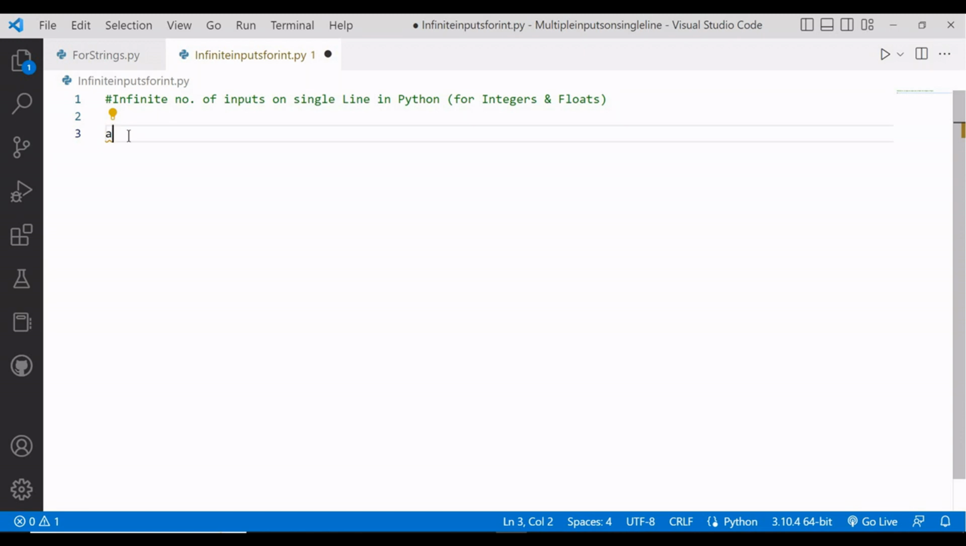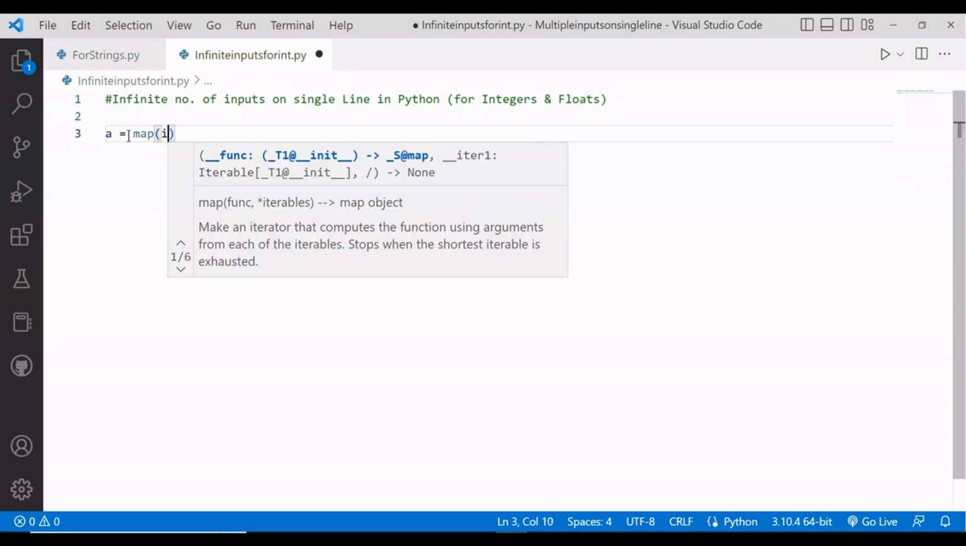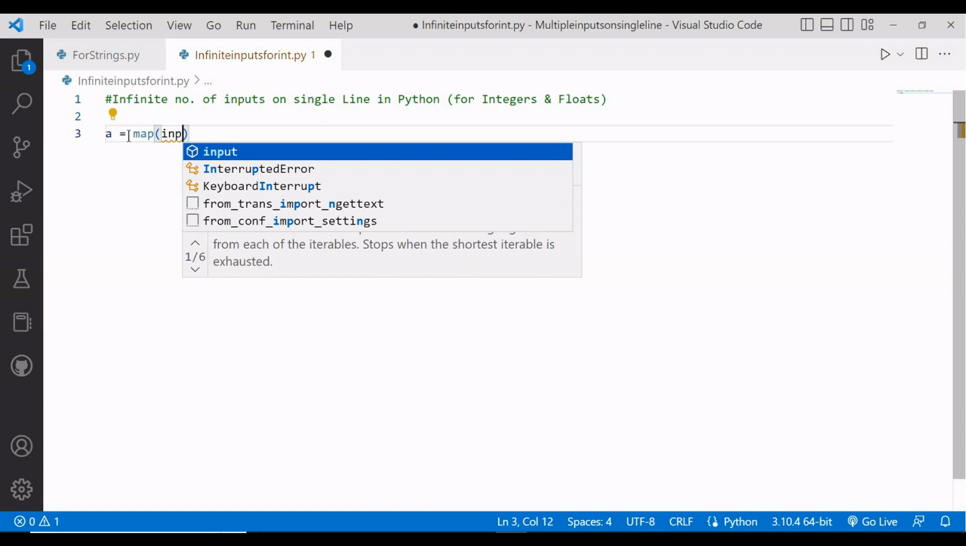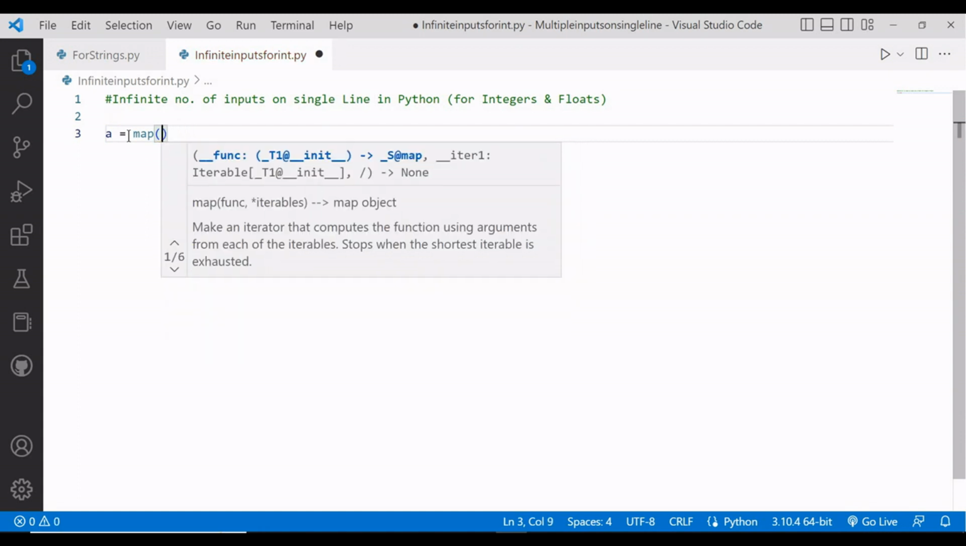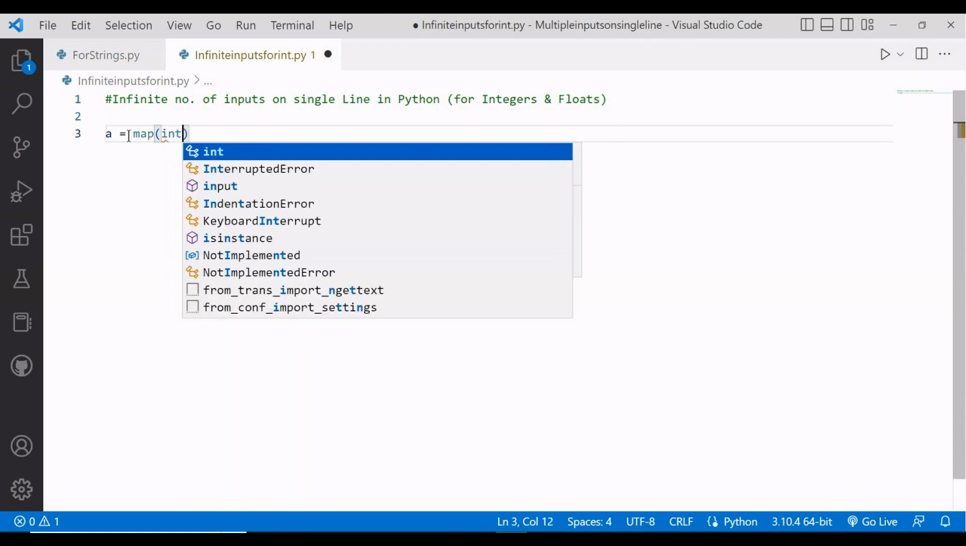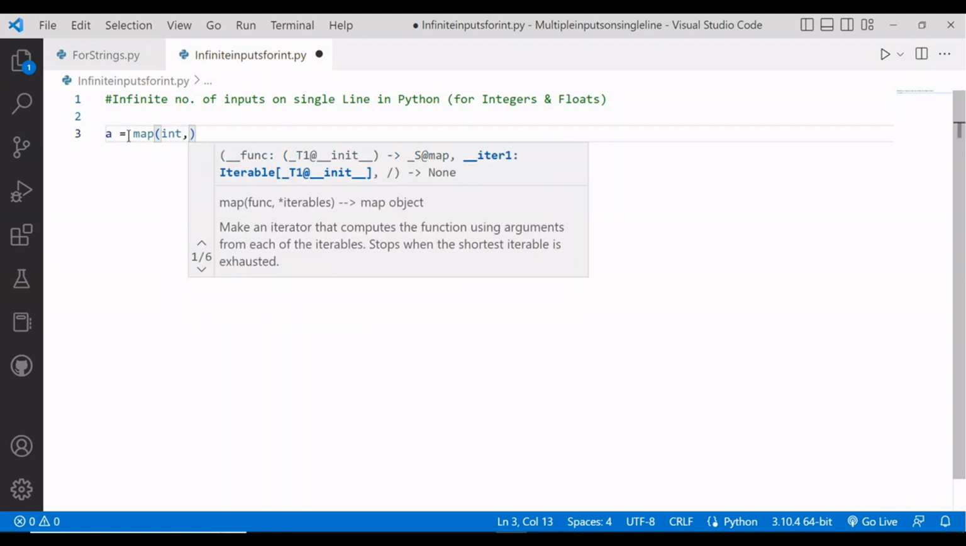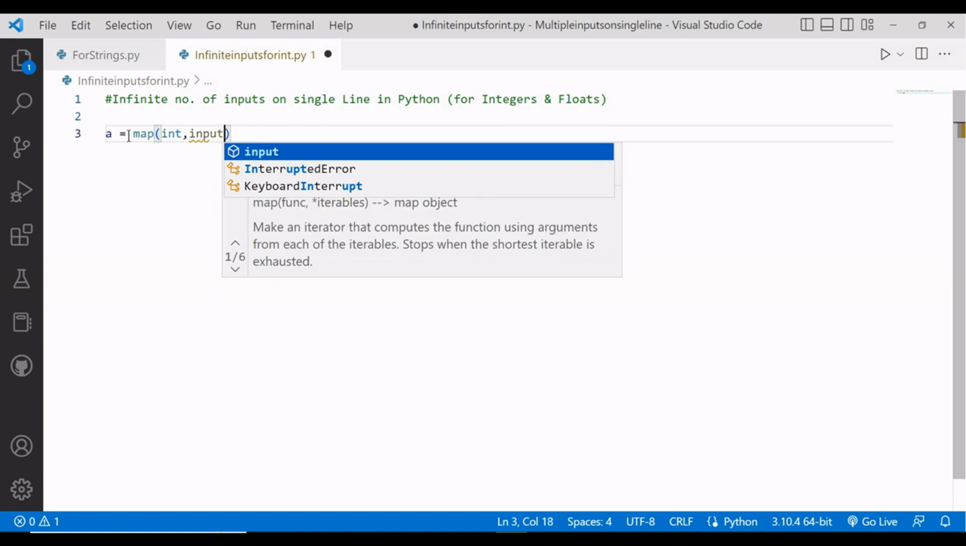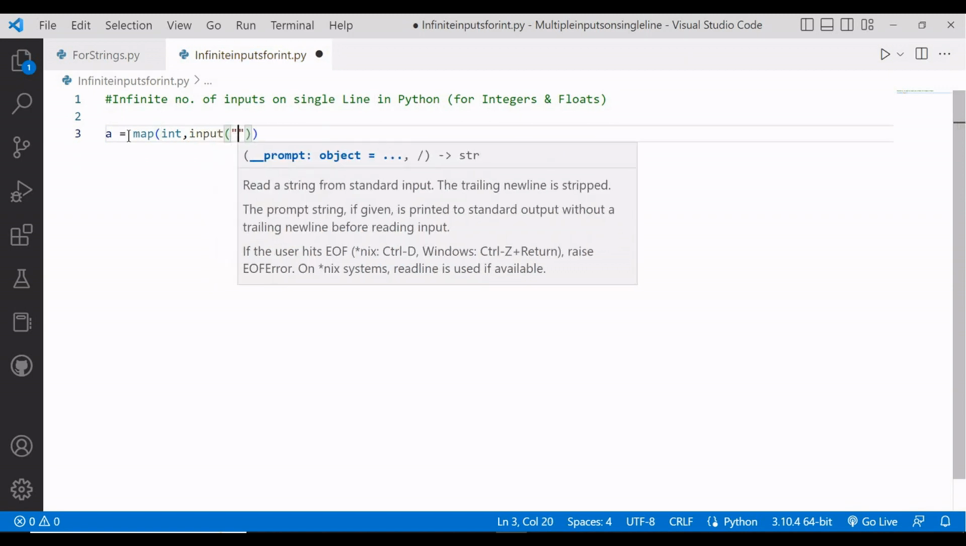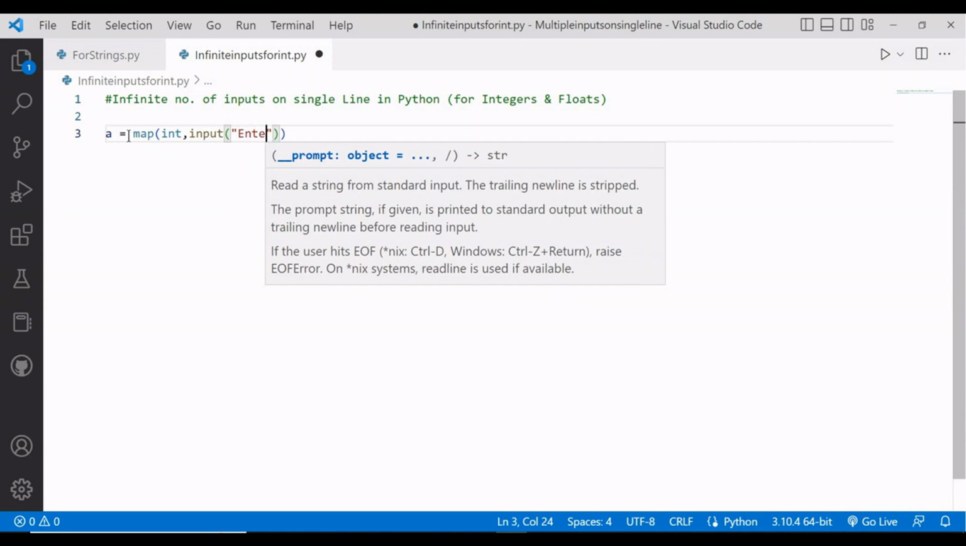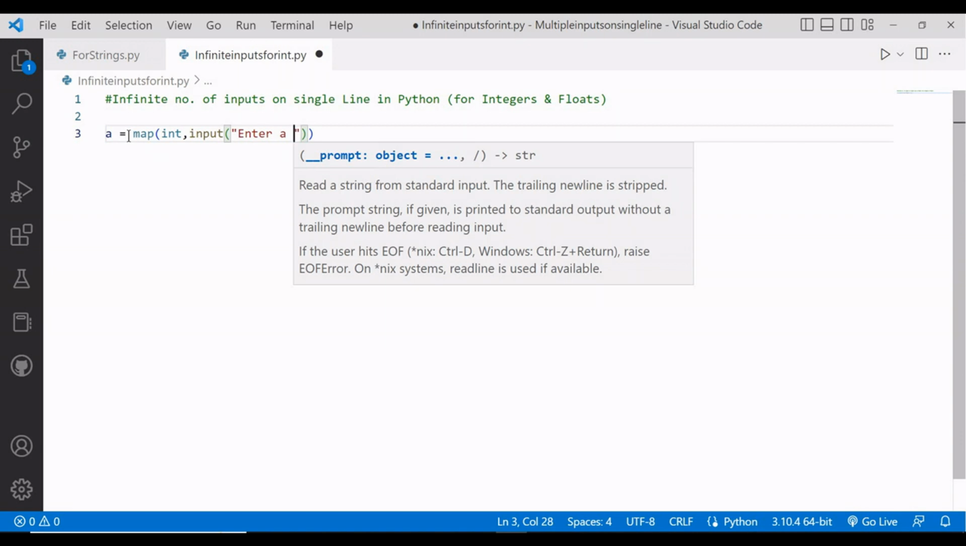So I have declared only one variable here, A, and then I will take input using the map function for integers. So let's write a map function here, as we have seen in previous videos. First I have to give integer as the first argument, and the second argument is input. I will write here a string as a comment, enter numbers,